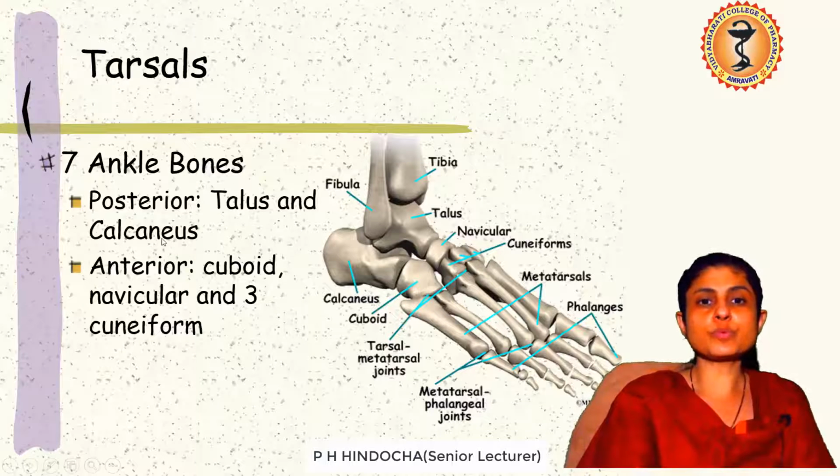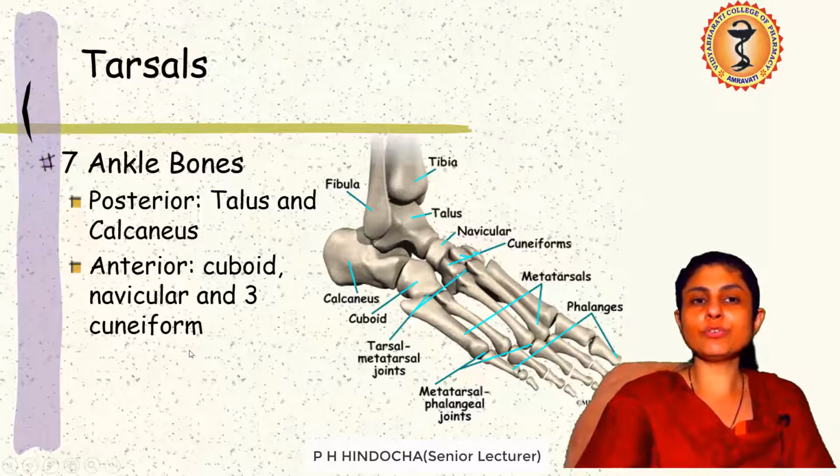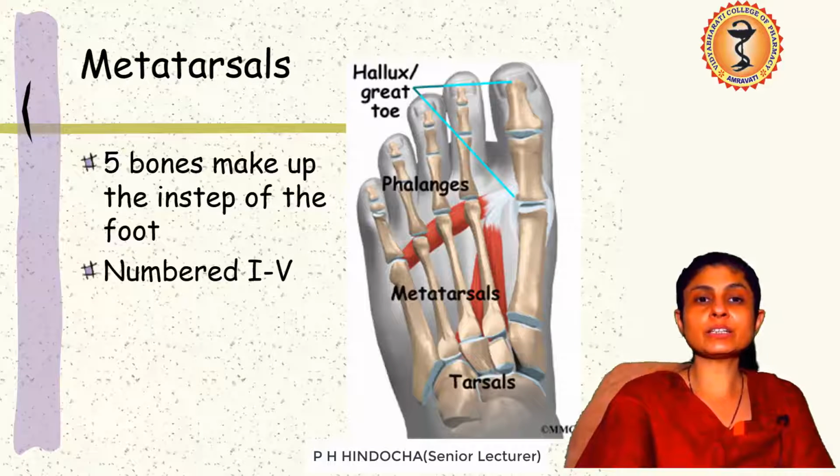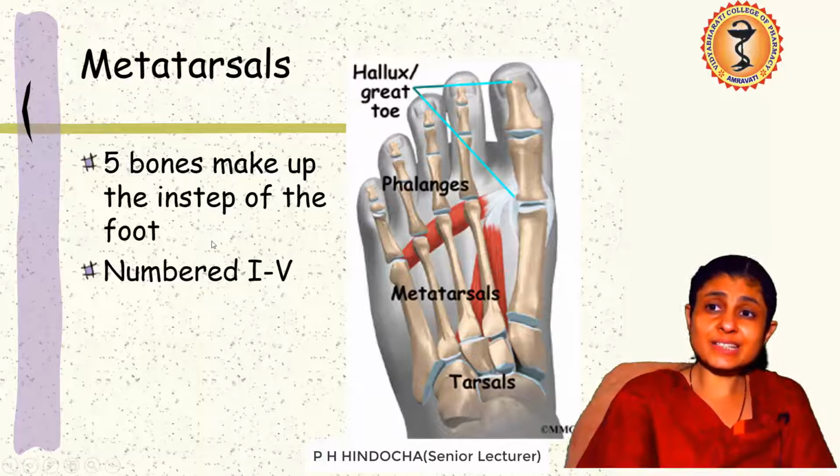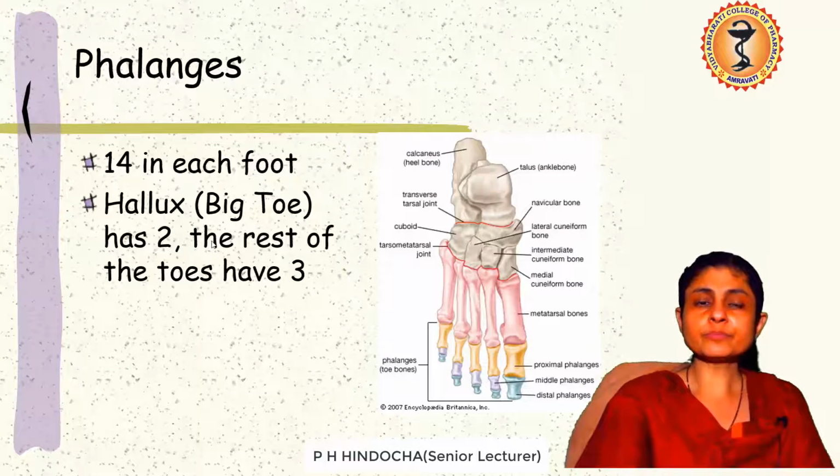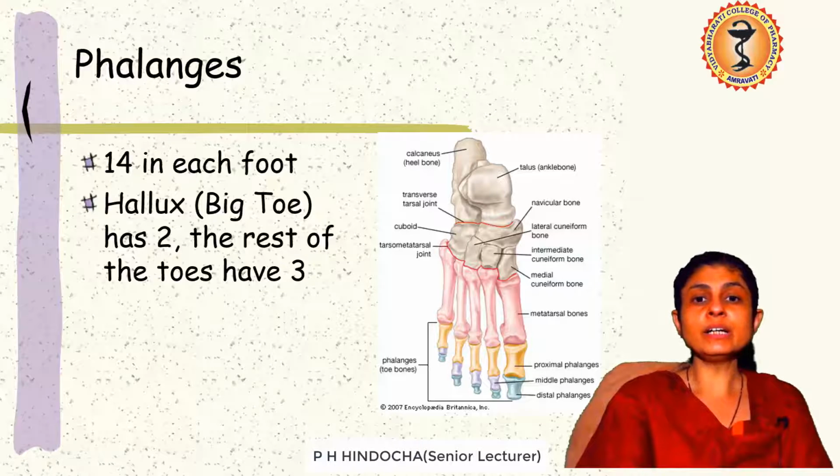So 7 ankle bones. Posteriorly we have the talus and calcaneus. Anteriorly, we have the cuboid, navicular, and 3 cuneiforms. So, 1 talus, 1 calcaneus, 1 cuboid, 1 navicular, and 3 cuneiforms. This will give you a total of 7 ankle bones. Metatarsals, these 5 bones make up the instep of the foot, numbered 1 to 5. Phalanges are similar to the upper limb, 14 in each foot. Hallux or big toe, the greater toe, the thumb of the foot, has 2, and the rest of the toes, which are analogous to the fingers of the hand, have